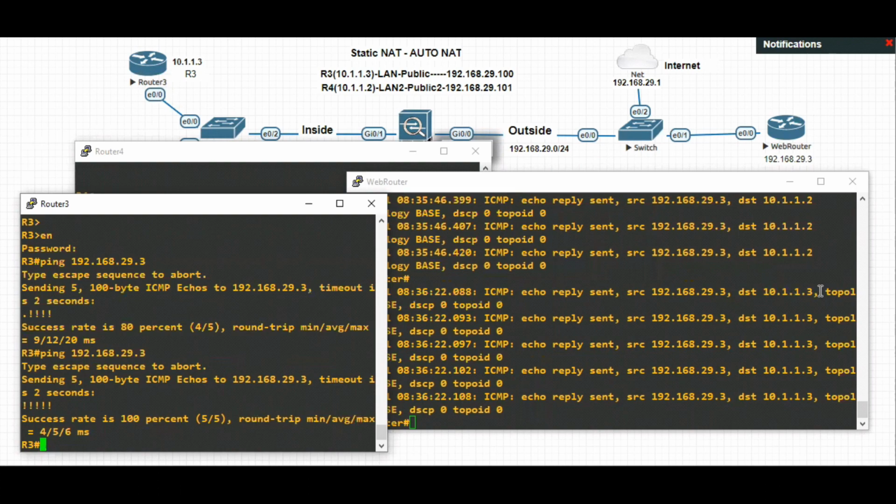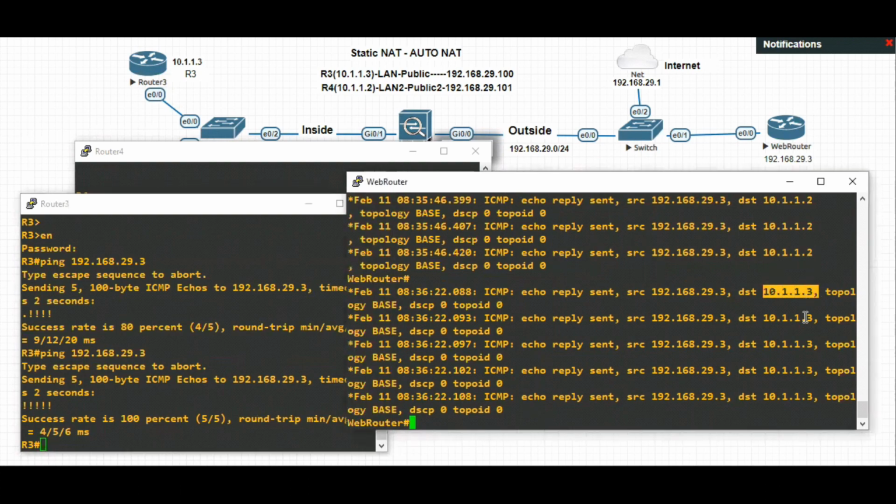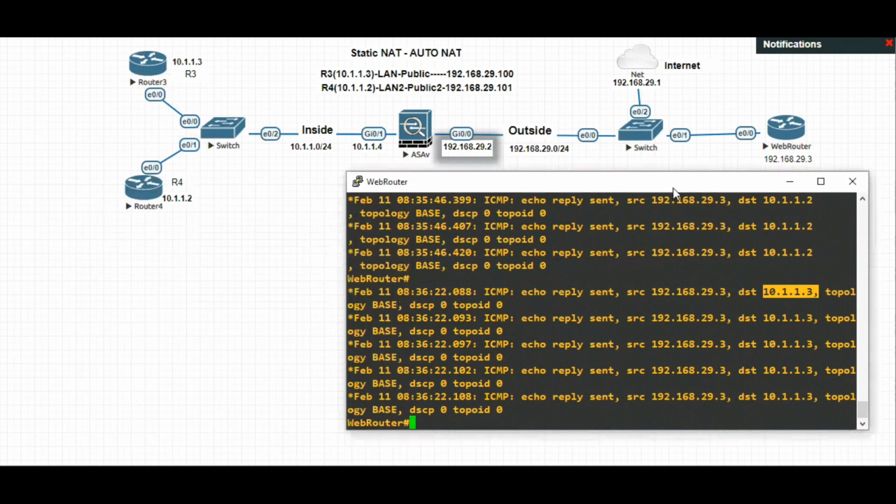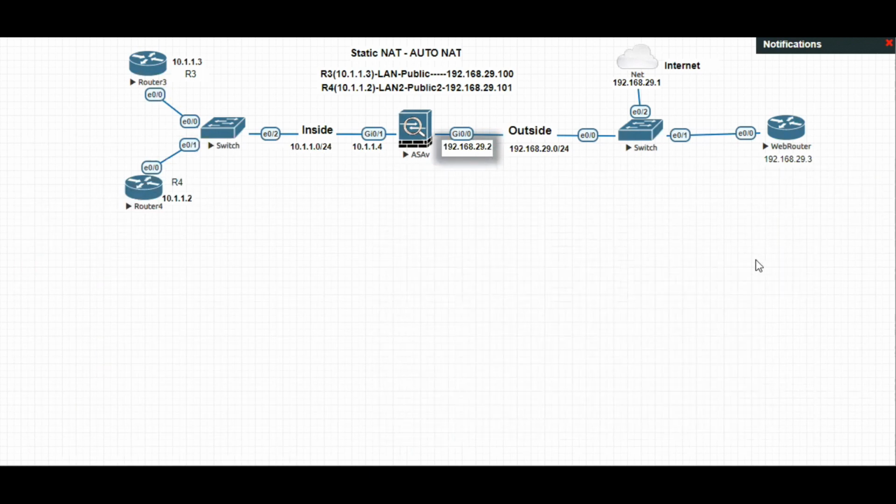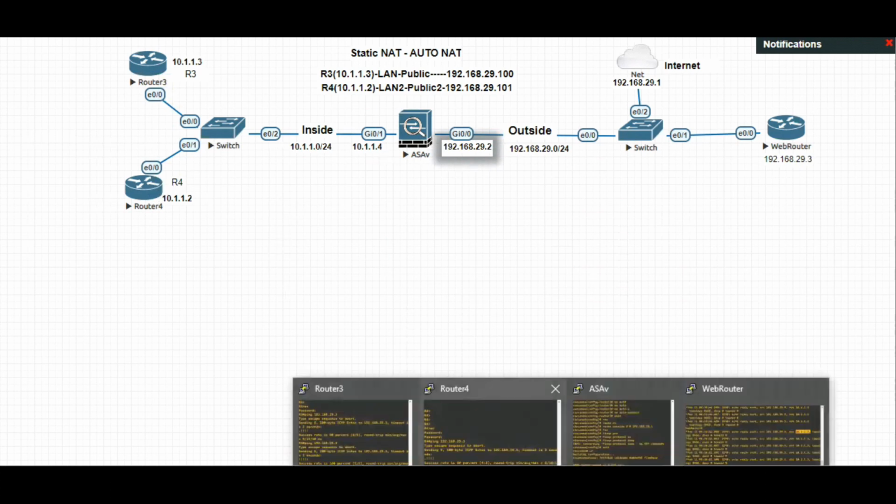Yeah, we are again seeing 10.1.1.2 and 1.3, which is the actual IP address, but we don't want that to happen. So we will use NAT. At the same time, when you're trying to ping from the router to the internet, it will fail because we don't have NAT